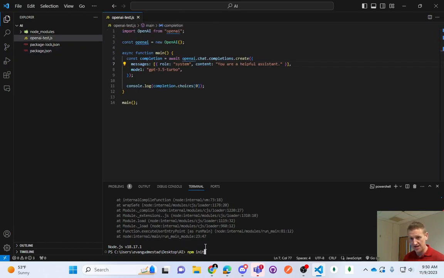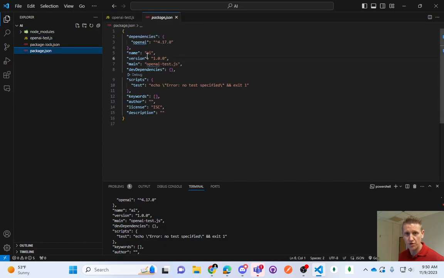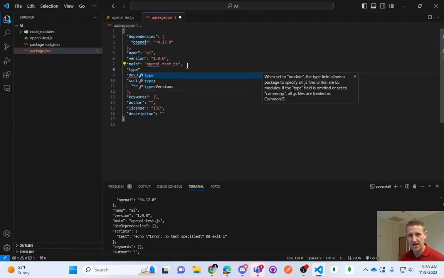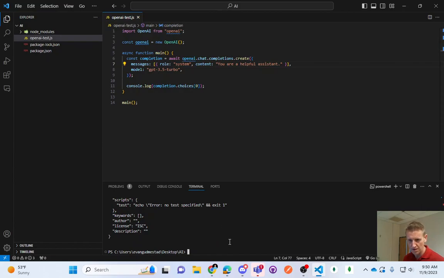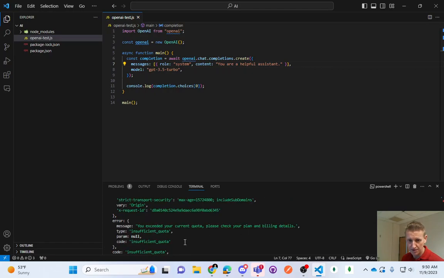Let's do npm init -y. And that will do a few more things in our package.json, of which I'm going to add a type, in quotes, type of module. And that'll allow us to do this line 8 that I just added in, which would allow us to do the imports that it was erroring out on. And now if I run our command,